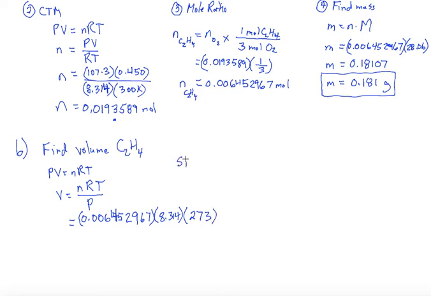And I'll just remind you, STP means that temp is 273 Kelvin, and the pressure is 101.3 kPa, right? So I'm going to divide by 101.3,